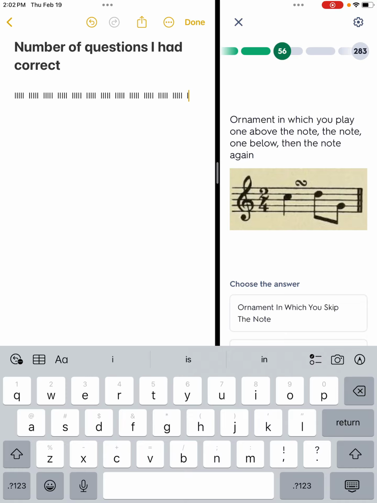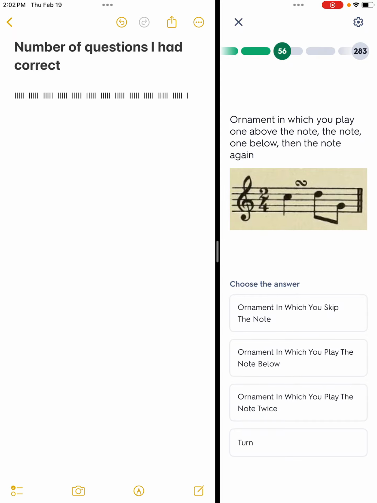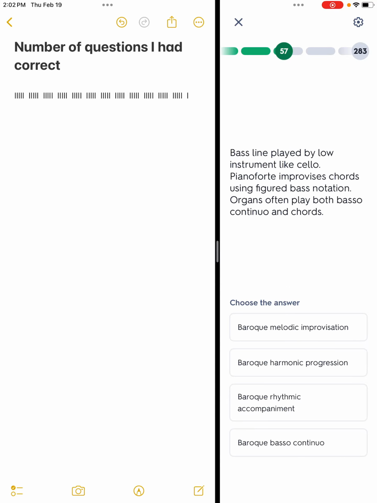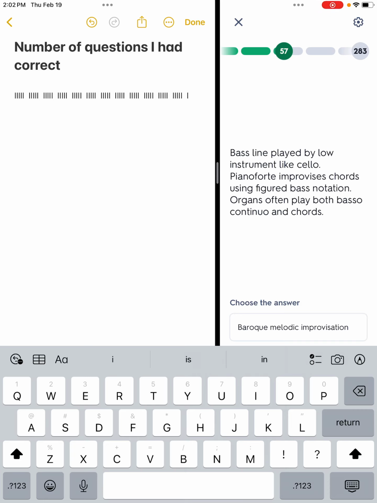Ornament, which is get to know, or wait, let's see, what was this one? Turn. The bass line played by low instruments like,